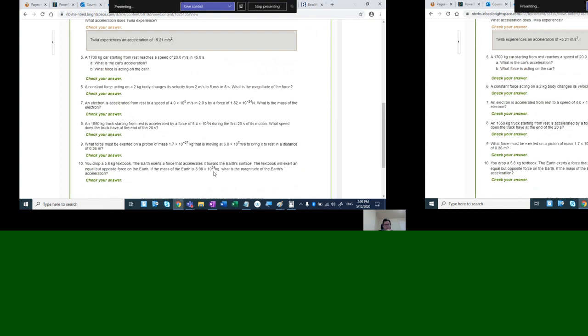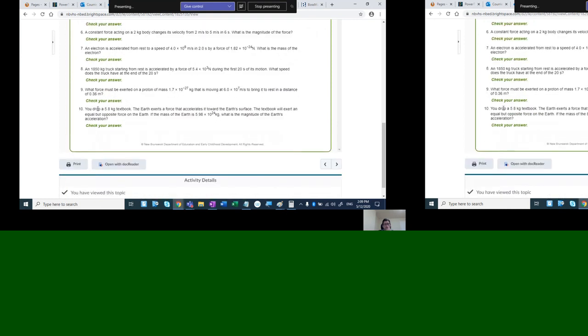So I assume they're mostly all like this. Let's do the last one. You drop a 5.8 kilogram textbook. The Earth exerts a force that accelerates it towards the Earth's surface as you drop it. The textbook will exert an equal but opposite force on the Earth. If the mass of the Earth,